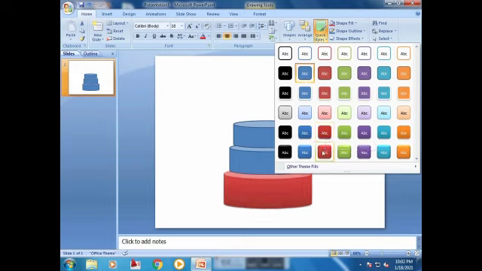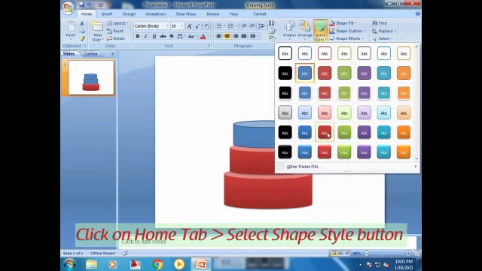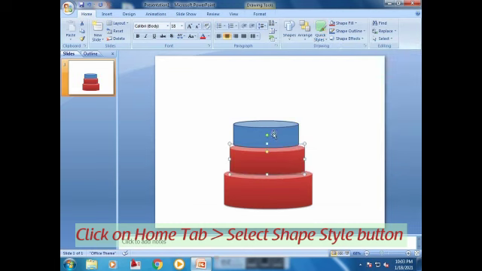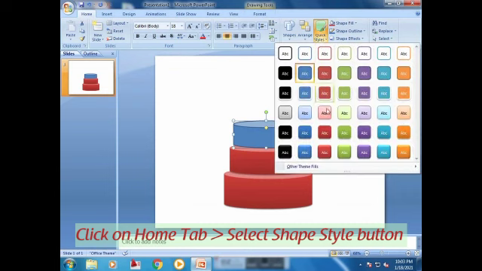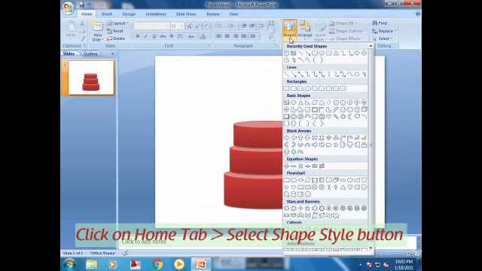Now change the color. Click on the Home tab and select Shape Style button. Select your choice color. Fill all the shape color.